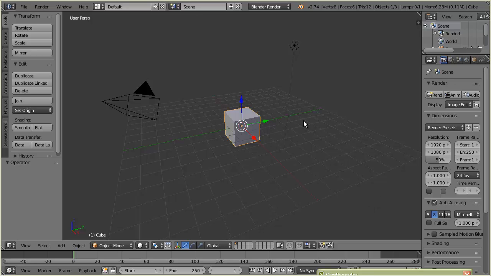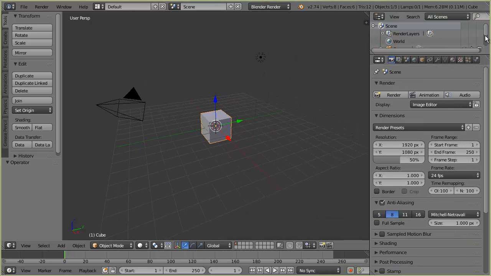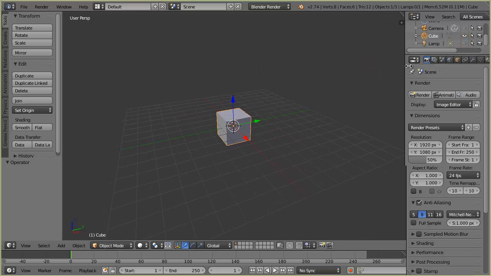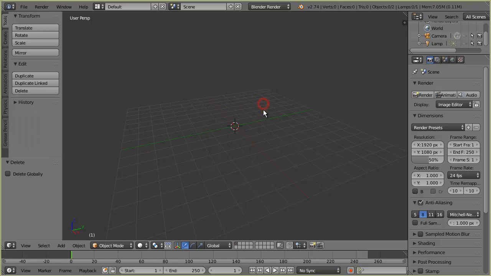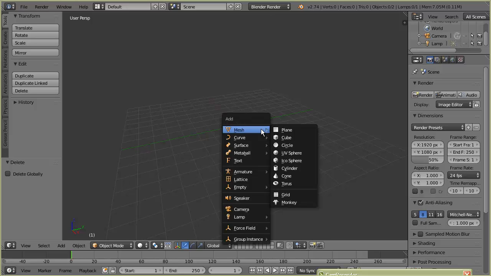First I will delete this cube. Actually, let me come up here and get rid of the camera, out of view, and the lamp. That way it makes it a little easier to see. I'm going to select the cube and delete it. Delete key, click on delete, and then I'm going to Shift A to get my add menu,